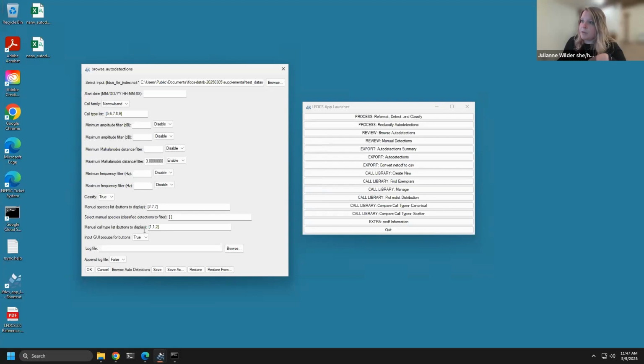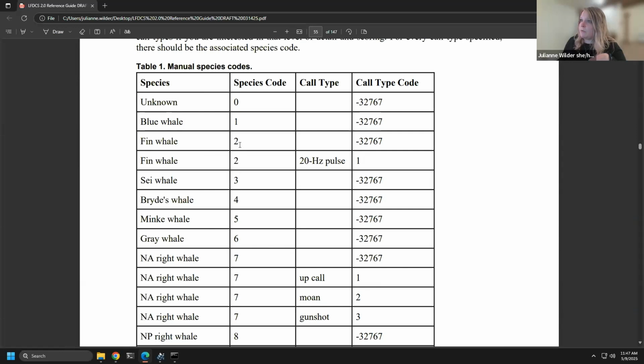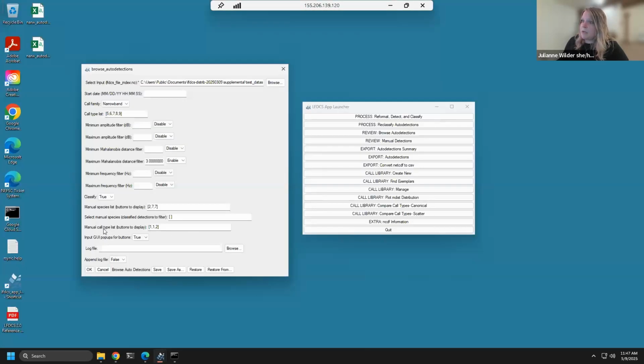So for example here, this is 277, which if we go to the reference guide, 2 is the species code for fin whale, and 7 is the species code for right whale. And then we want to get their call type codes. So down here, this manual call type list, 1, 1, 2. This first number corresponds to this first number up here. So this is saying you want to have a button that is for a fin whale, and then number 1 here